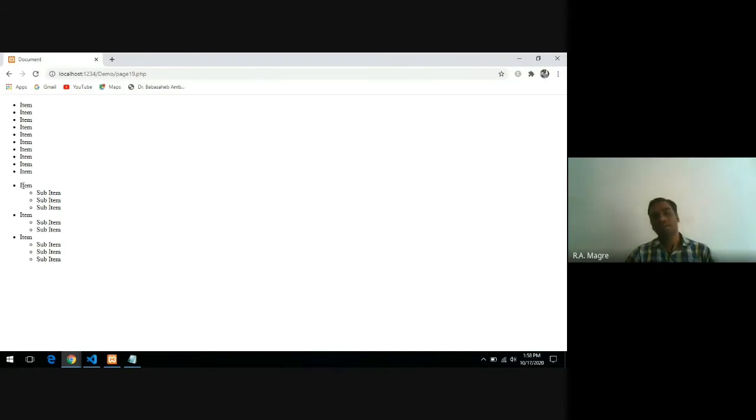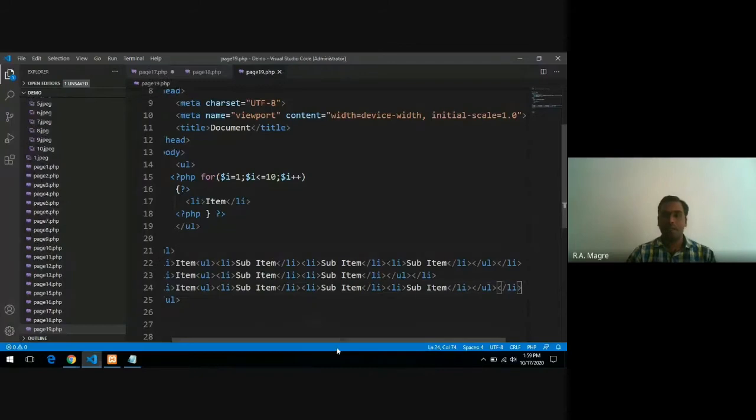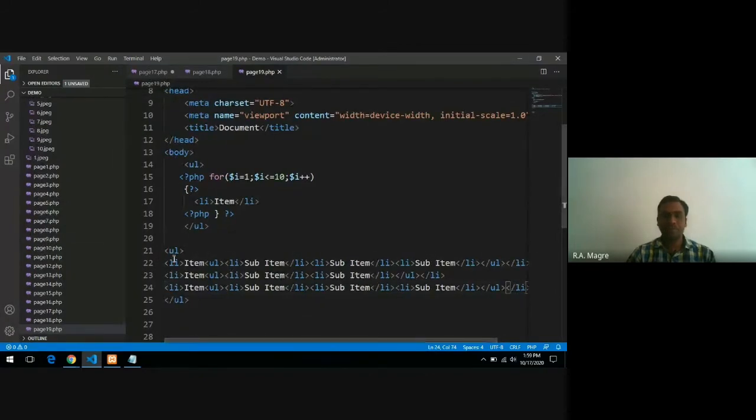So this is the first LI. The first LI consists of one unordered list with 3 sub items. This is the second LI. It consists of one unordered list with 2 items, and this is the third LI, which consists of 3 items. And if you want to print something like that using nested for, here, when we write a nested for as a static example, the number of sub items we have to keep common. And how can you do this?